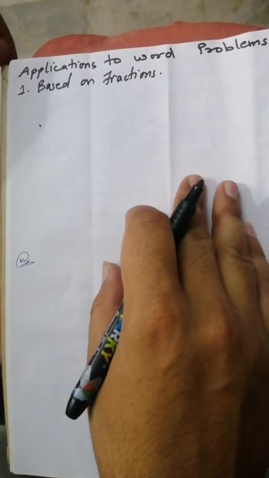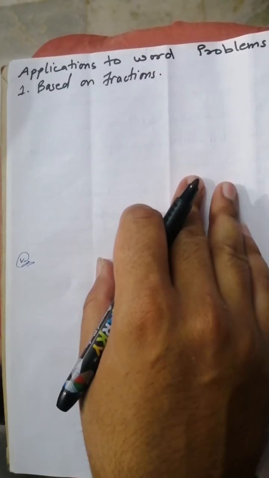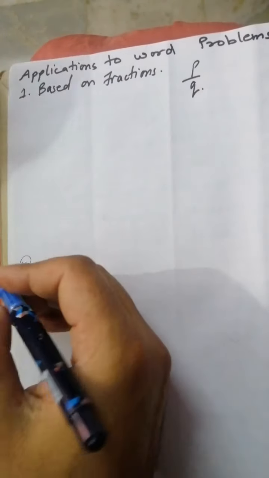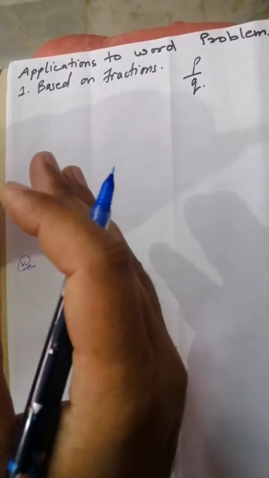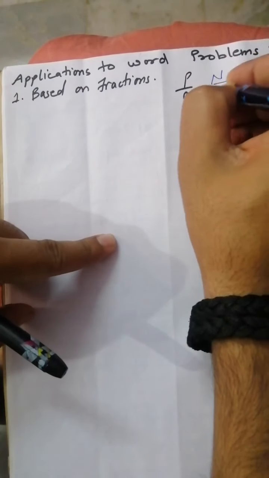Dear students, listen here. Whenever we have to form an equation which is based on fractions, we can see it easily as p upon q. Fraction means if any number is in the form of a rational number, it means p upon q. Then it is called based on fractions. So firstly, you have to recognize the given equation, whenever the ratio of the fraction or the numerator and the denominator is given. In any fraction, there are two terms, numerator and denominator.